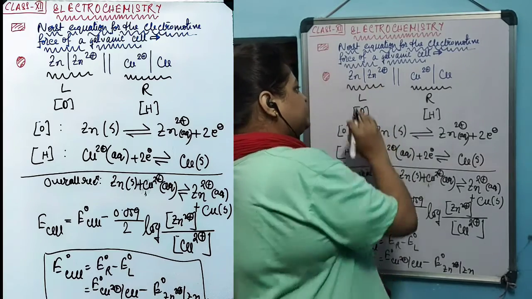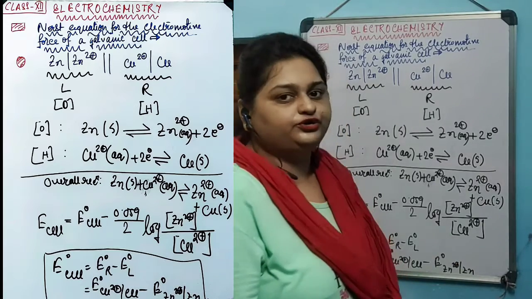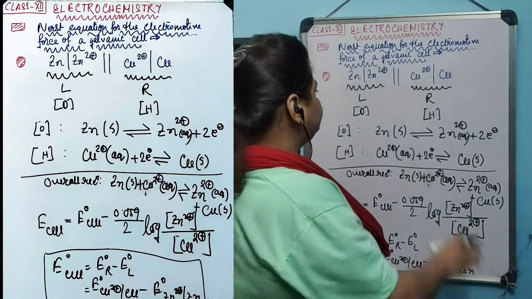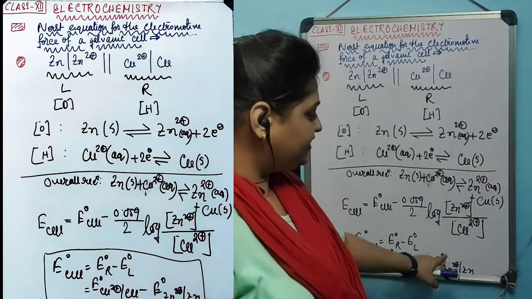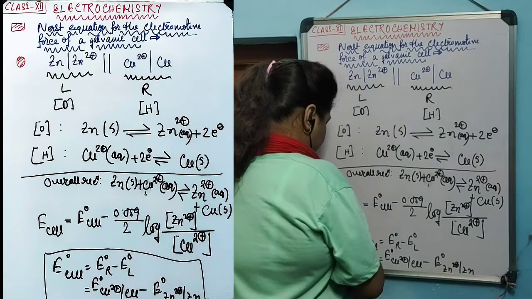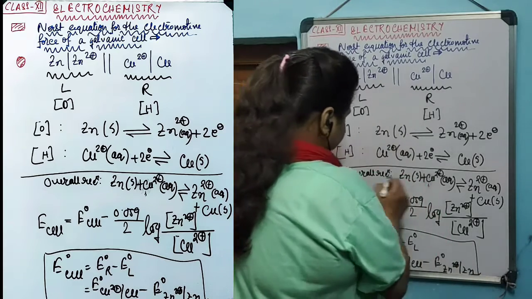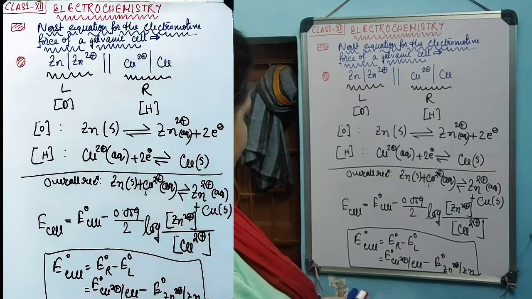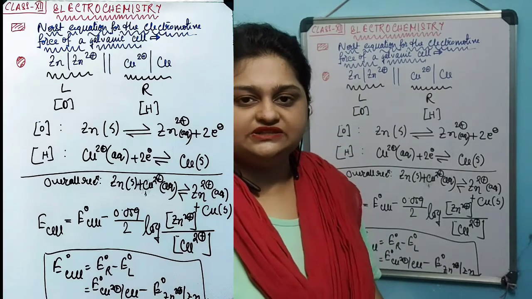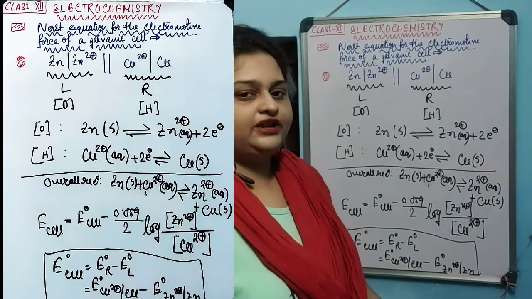We are doing the oxidation, but the standard electrode potential value that we are going to take is in the form of reduction potential values, that is E naught of Zn2 plus by Zn. This is the E naught cell value that we can calculate on this basis, and this is the equation for the E cell value. By putting all the respective values in their places, we can find out the E cell values and E naught cell values also.